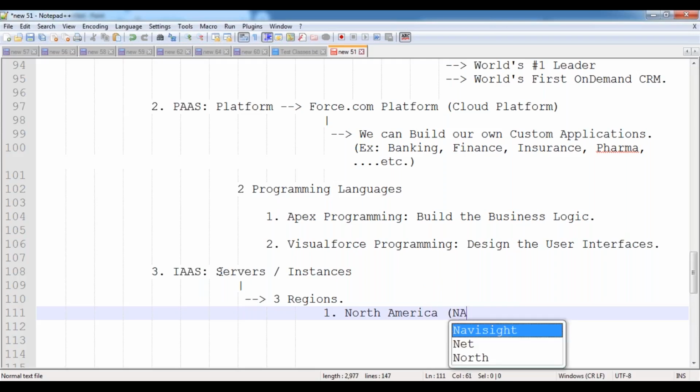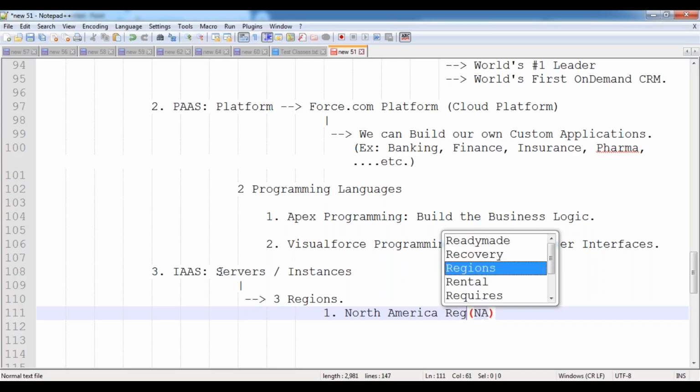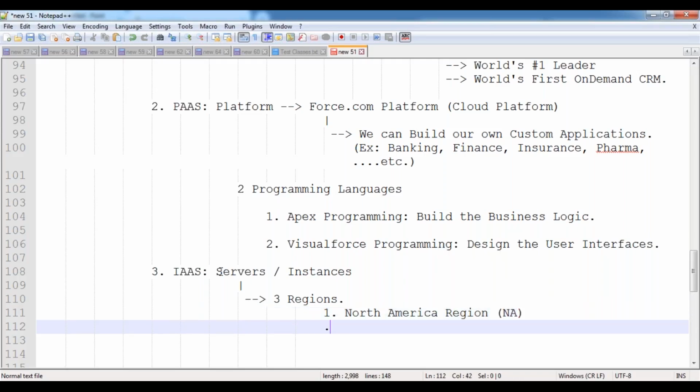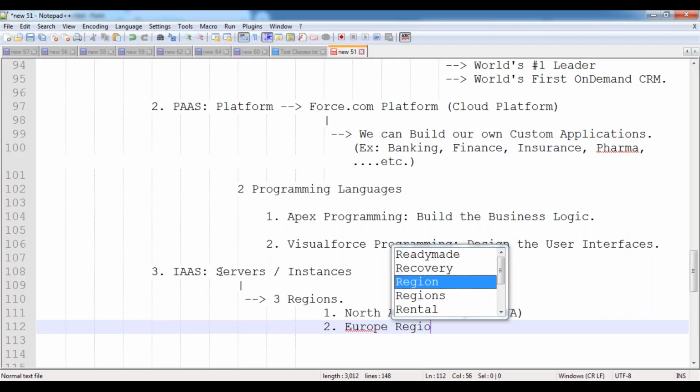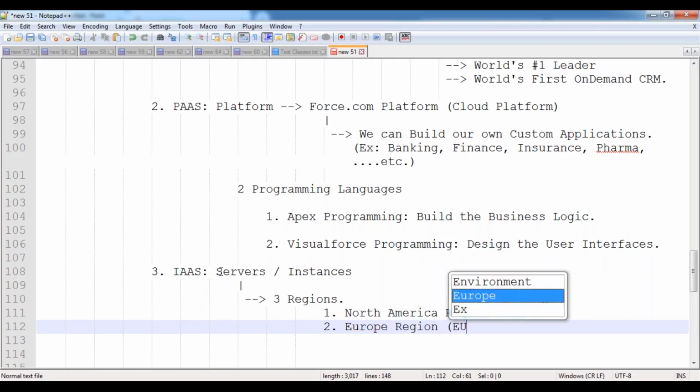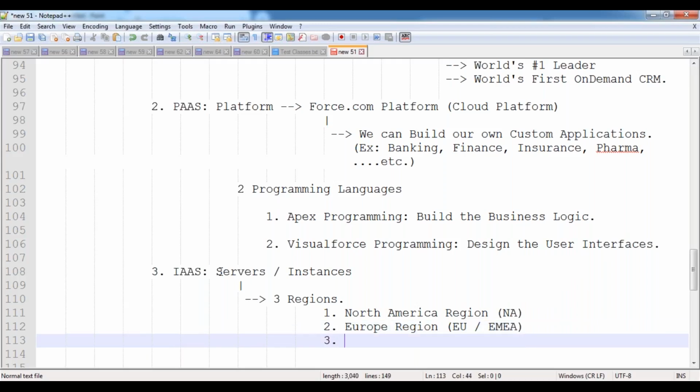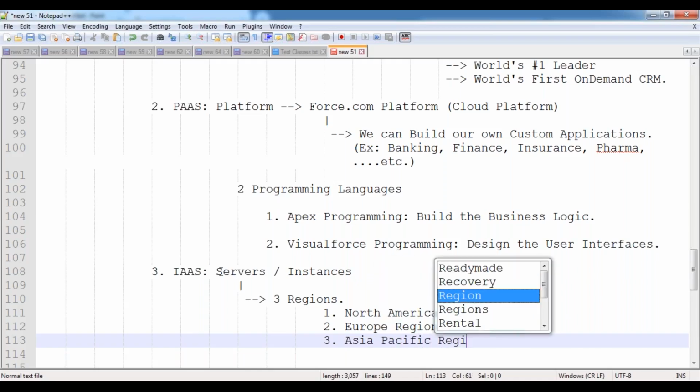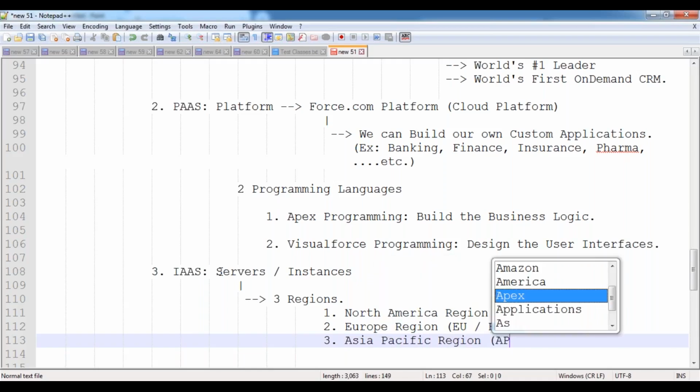The second one is the Europe region, also called EU or EMEA: Europe, Middle East and Africa. The third one is the Asia Pacific region, also called the AP region.